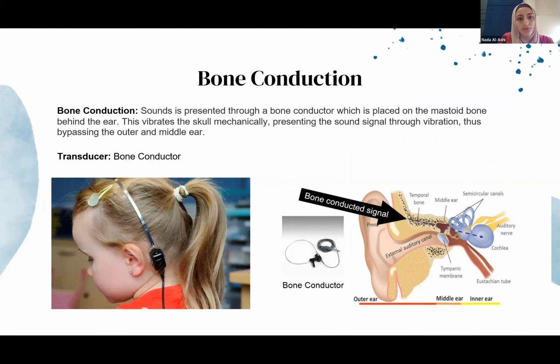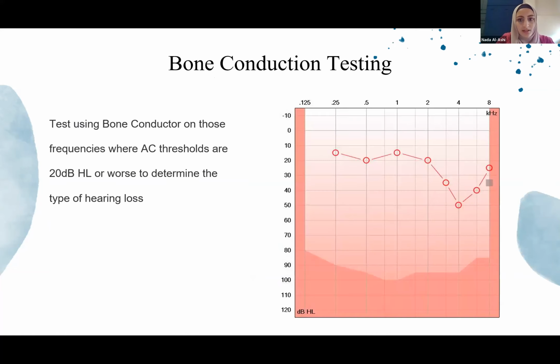All right, so for bone conduction testing, that's that little sort of headband that you wear that sits behind the ear on the little mastoid bone, that actually vibrates the skull mechanically and bypasses the outer and middle ear. So that's directly sending the signal that we're presenting to that inner ear. And for bone conduction testing, what we typically do is when the air conduction thresholds are 20 dB or worse, we would then go on to do bone conduction testing to see what type of hearing loss